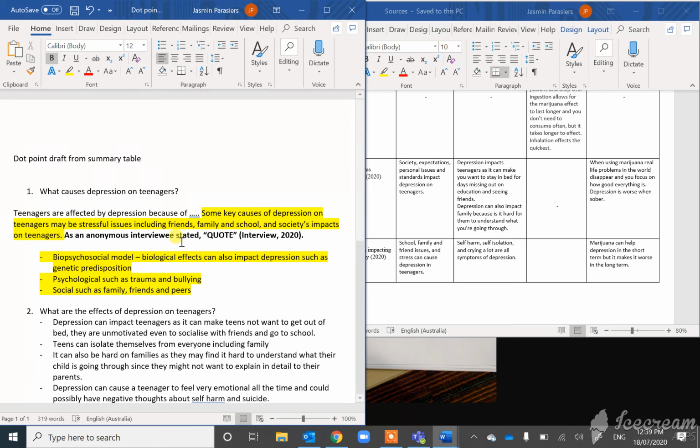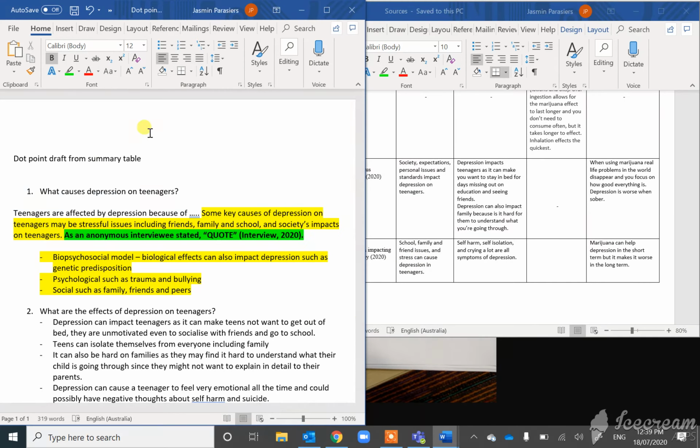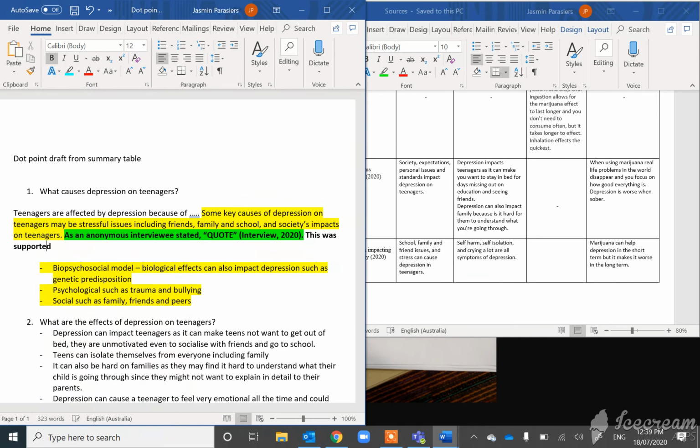Then, because I've made one key point and I have one source here for that statement, I now need to find my second source. So here is a survey that is actually supporting this as well. So now I do my linking language, which is going to give me credibility in my argument. And then